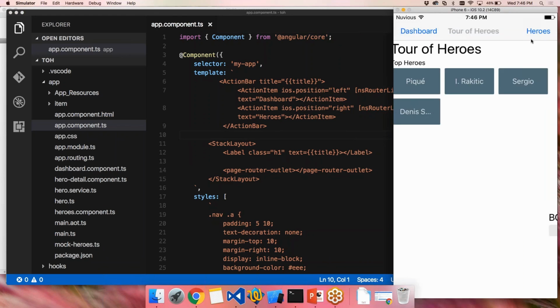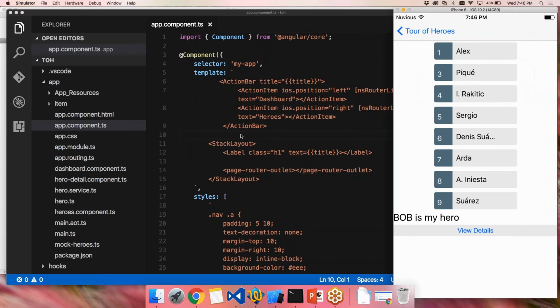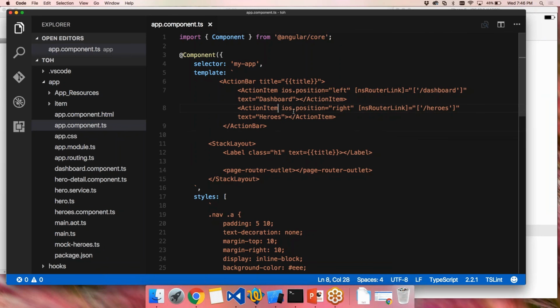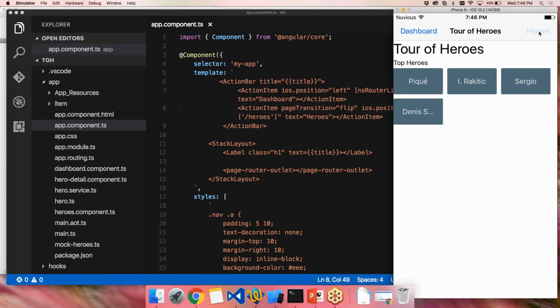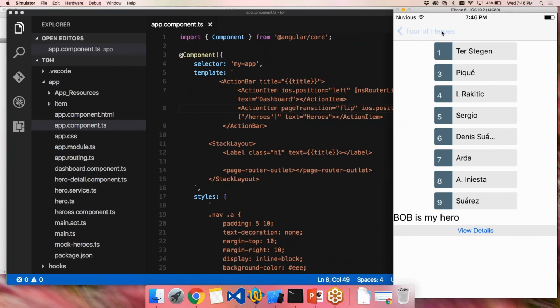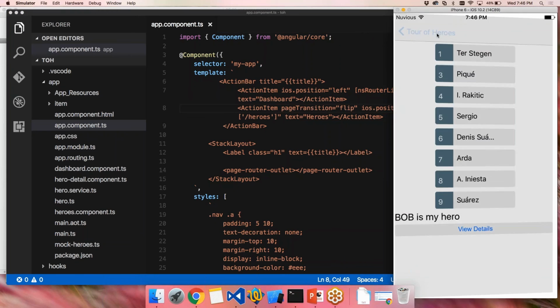Also, you know, iOS comes with different kinds of transitions. Not only that, so let's say you want to do a different kind of transition. I'm going to show you flip. There's other ones that you can use. So I just specify the page transition, and it does a little flip like that. So, yeah,